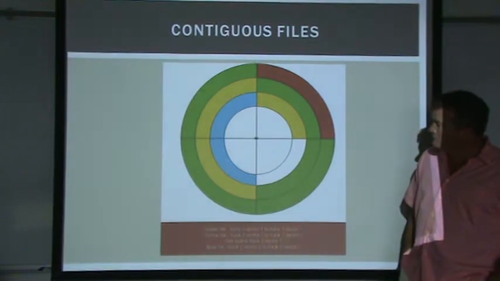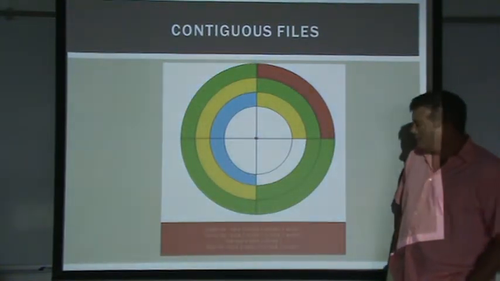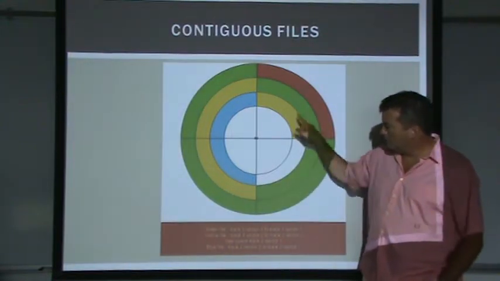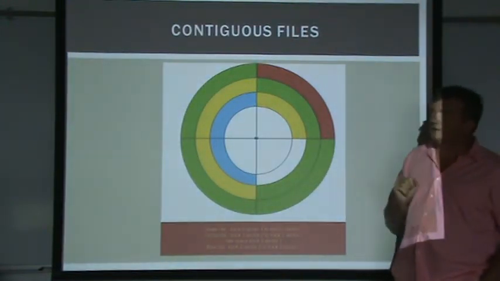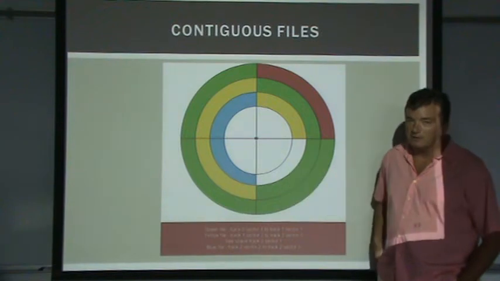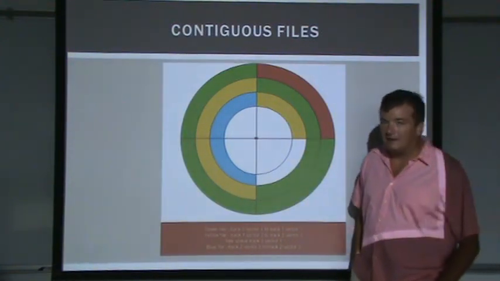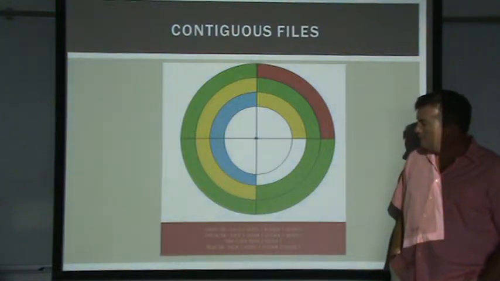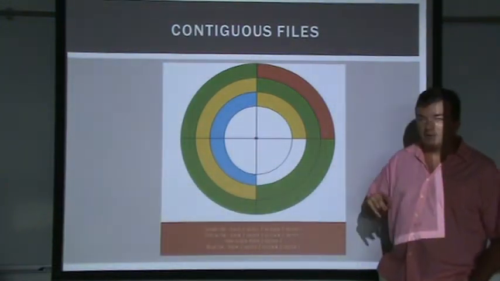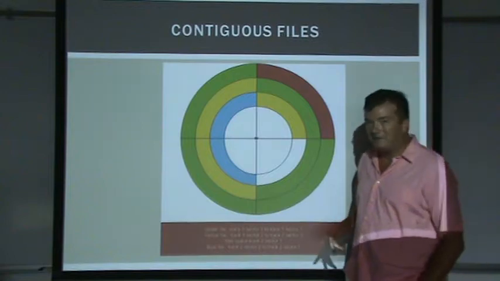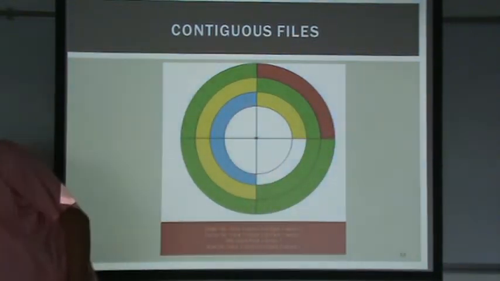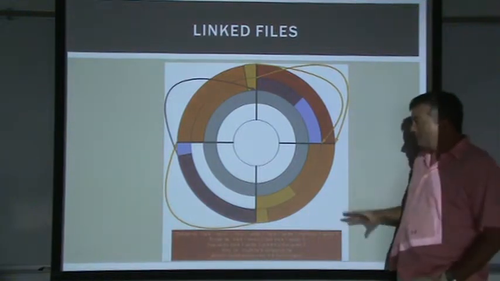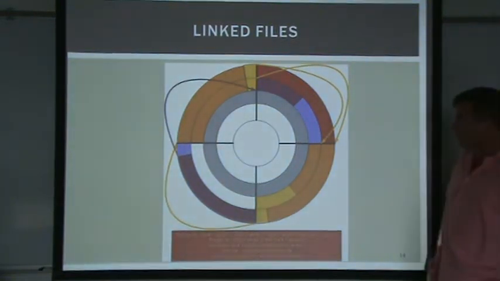Is there an advantage to saying, I'm not going to require that the file be all sequential, I shouldn't say contiguous, on the disk? Is there an advantage to not doing that? Use your disk space more efficiently? Yeah. But what's the trade-off? It's slower. So it would end up being, and like I say, with an operating system, there's no right answer. There's just some answers that are better than others, depending on your application.